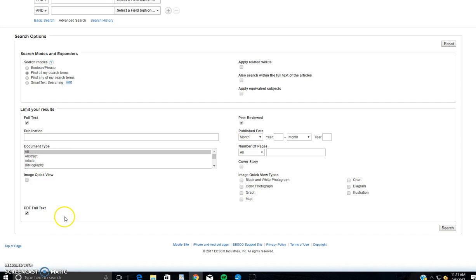You want full text articles because otherwise you'll come up with a lot of abstracts, which are just a one paragraph summary of the whole article. You don't want that. You want to get into the whole article itself. The PDF full text makes it easy for you to download, print, and I do suggest that you print it